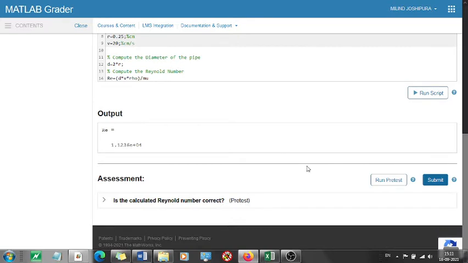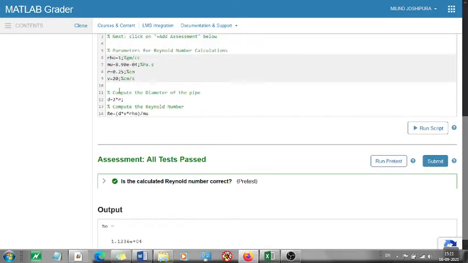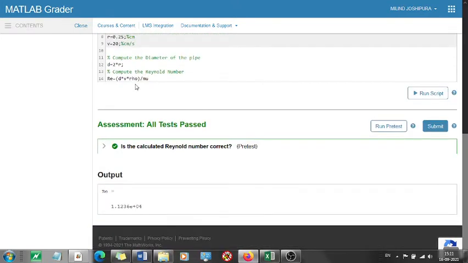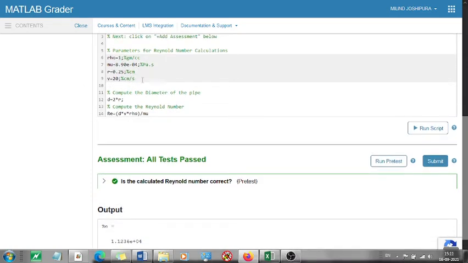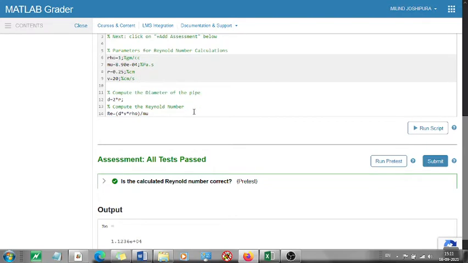You'll get some answer. Here I have given Run Pre-Test. If I allow you to submit as a pre-test, it's not in every problem. For some problems I'll allow it where I feel you require more than one trial; otherwise there will be only a Submit button. If you submit, it will assess this. I have already calculated the Reynolds number. Since I have used these values directly, you have to use them too. If you have converted this into centimeters or so, your answer may vary, but I think it's fine. You can go ahead with this. This is just for your knowledge.